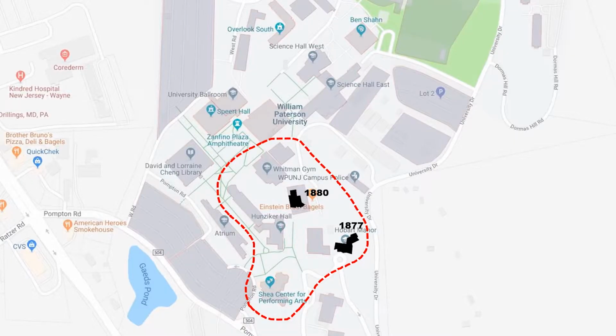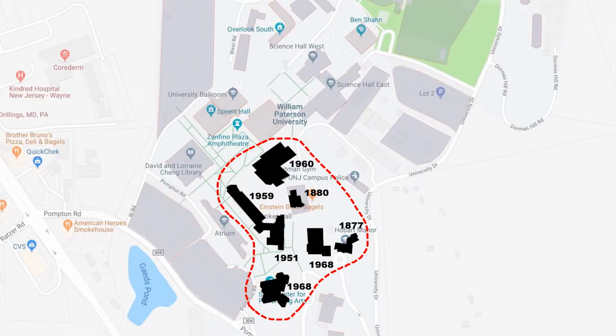Here we are looking at the current campus map. The highlighted area is the oldest academic portion of campus and the focus of what we will talk about. In black, you can see the two legacy buildings that predate the university. Here you can see Hunsicker Hall, the first academic building built by the university in 1951. Next, Hunsicker Wing, which was added to Hunsicker Hall in 1959. And the campus zone continued to grow with new additions throughout the 1960s, mirroring the trend seen in the construction